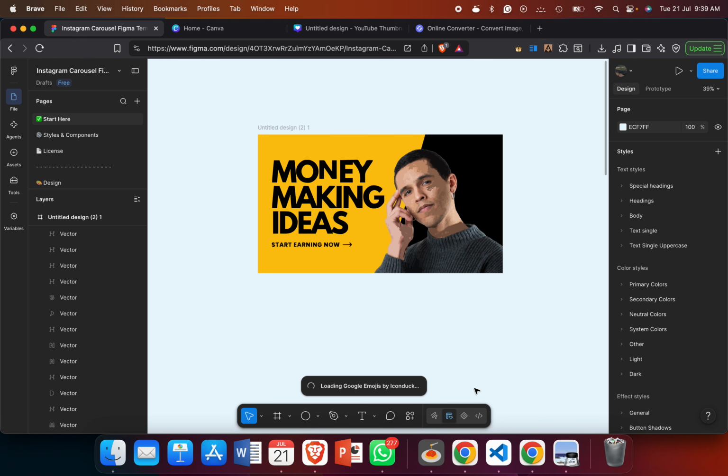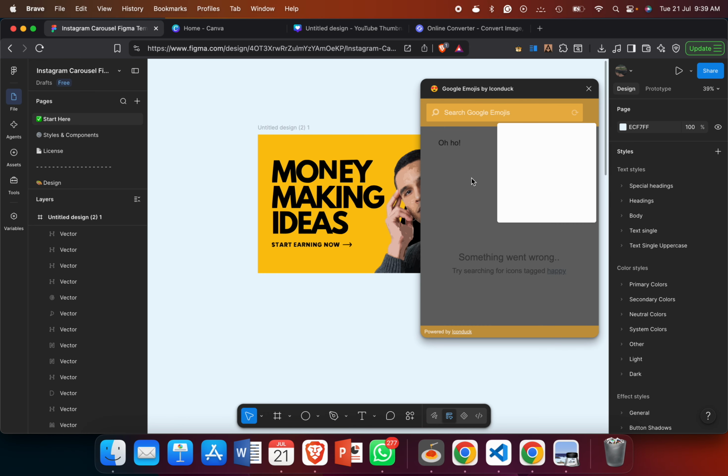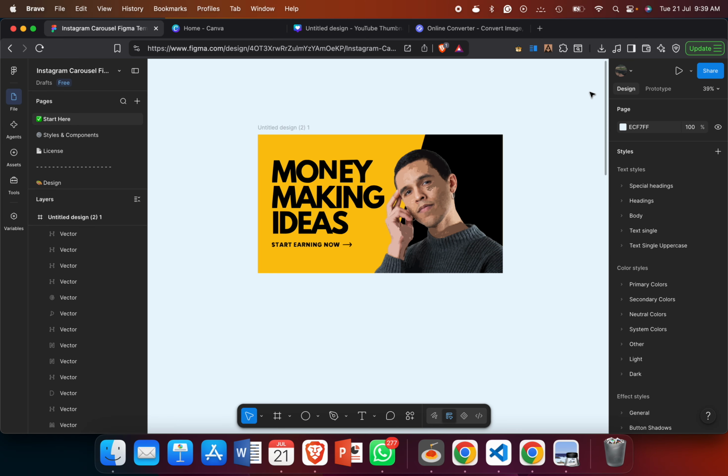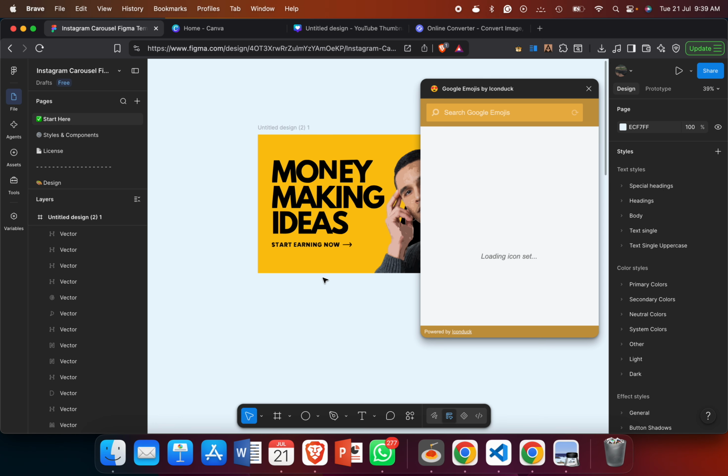Just click the option of run, so it starts loading, and here you see that your loading icon is set. If you want to particularly search for any emoji, you can also search here, otherwise it shows a lot of emojis. Here it's loading your icon sets, so you just wait, and you can also refresh if it does not work. If it shows something went wrong, maybe after a few seconds or a few minutes if it does not work, you can also use another one, because here you can check there are a lot of emojis,